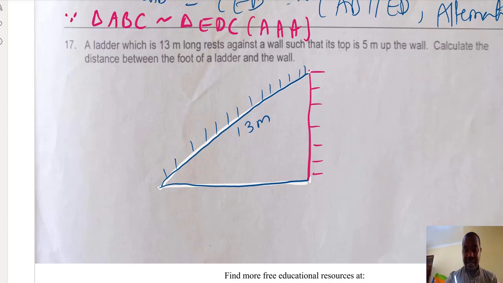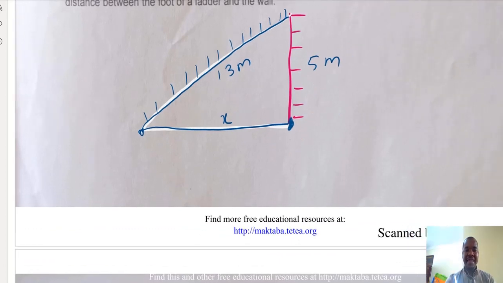And the height of the wall is 5 meters. We are supposed to find the distance between the foot of the ladder and the wall, x. So by using Pythagoras theorem,